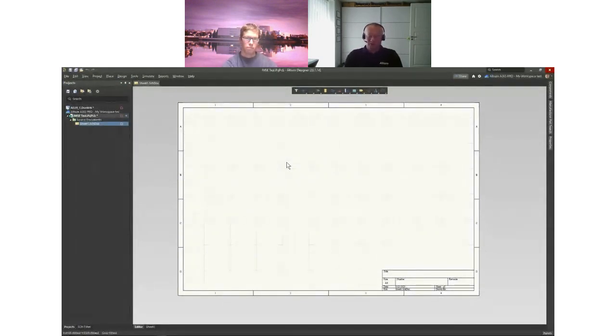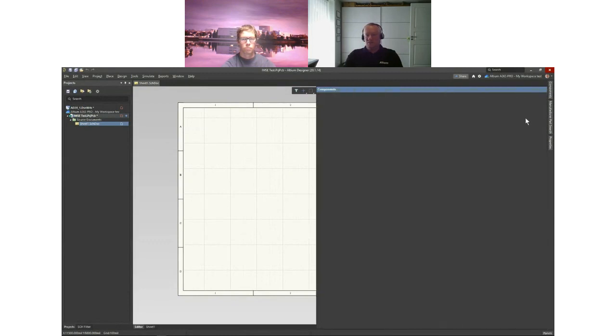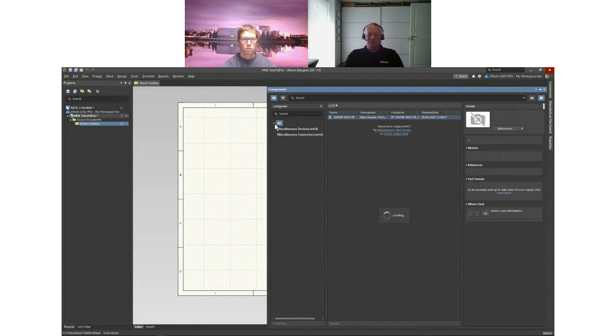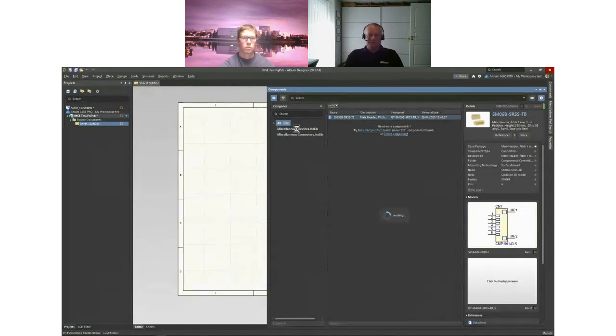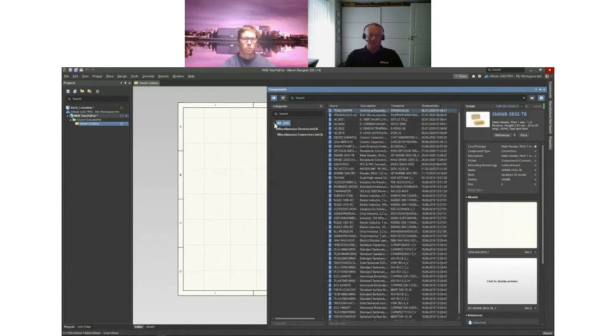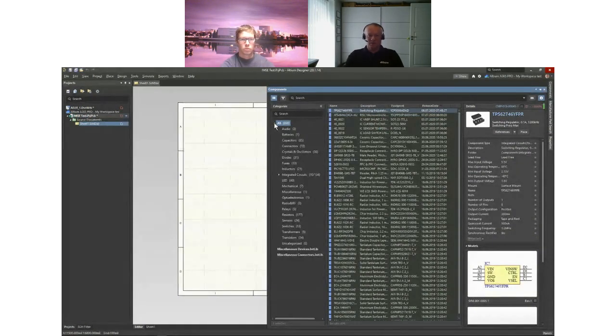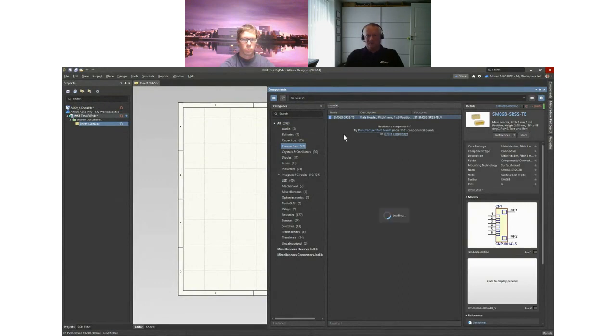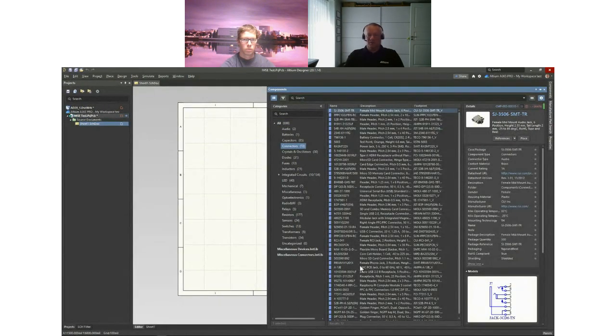I will, however, place a couple of connectors, and I will take those connectors from my workspace library here. And this library is, of course, shared with my entire team. So let's have a look at components here. And as I recall, yeah, I can, of course, let's kill this search here. And I can, of course, scroll down and look for connectors and then find the right connectors in all of those here. You see, I have quite a lot of connectors available, but I recall that the connector is named